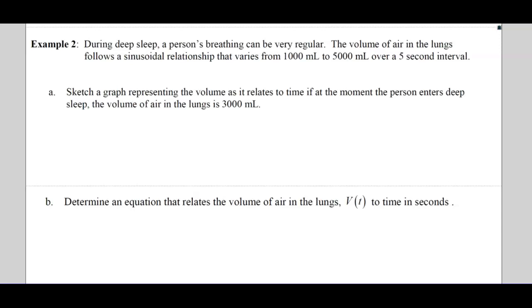A person's breathing can be very irregular. The volume of air in the lungs follows a sinusoidal relationship that varies from 1,000 milliliters to 5,000 milliliters over a 5-second interval. Sketch a graph representing the volume as it relates to time, if at the moment the person enters deep sleep, the volume is 3,000. So, let's do